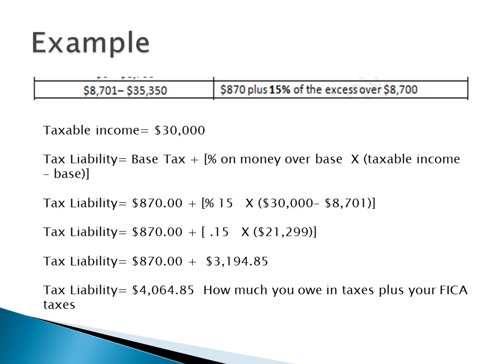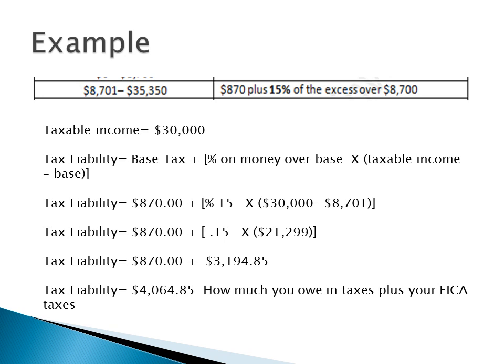Again, we're going to use this particular tax bracket because I used it in the last slide. Let's say your taxable income is $30,000. So your base tax is going to be $870 again. 15% is going to be multiplied by your taxable income minus the base. So your taxable income is $30,000. The base in this tax bracket is $8,701. So if you subtract those numbers, you're going to get